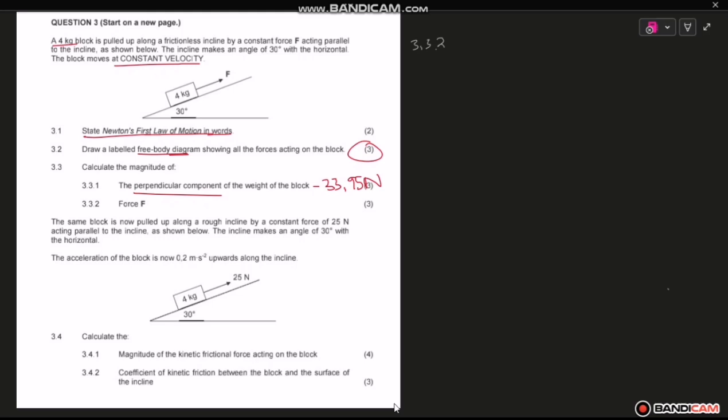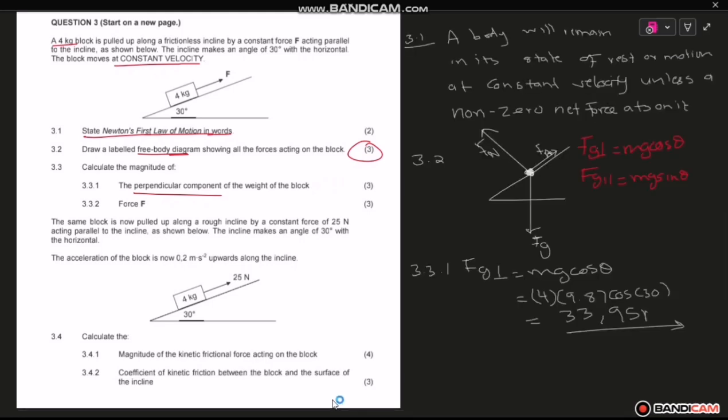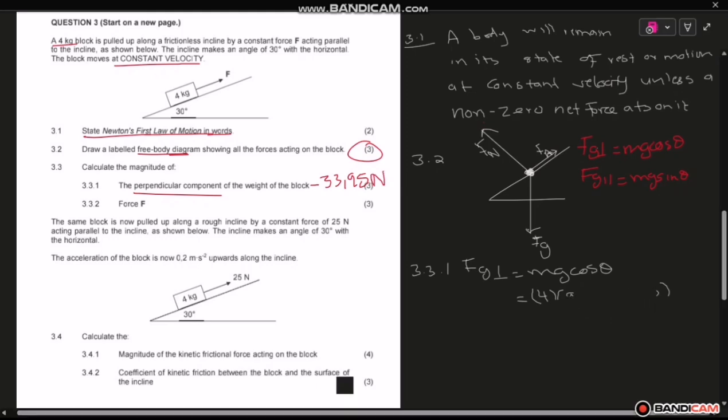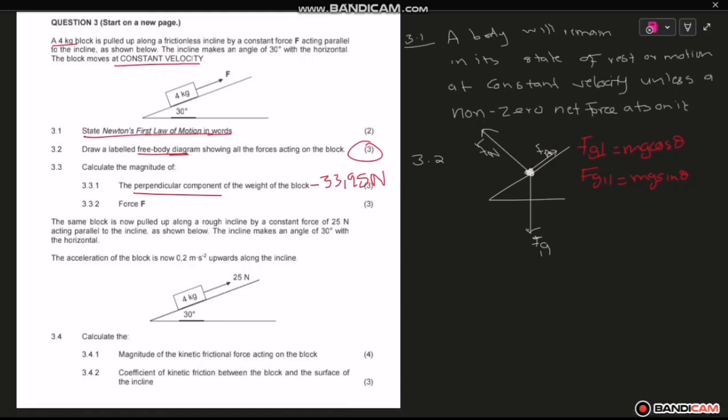Now they want us to calculate force F, and we will need the free body diagram. Let me just restore. Okay. I can just write 33.95 Newton and remove 3.1. Okay, just try to calculate this one. 3.2. Therefore